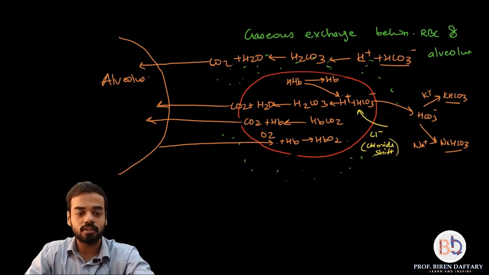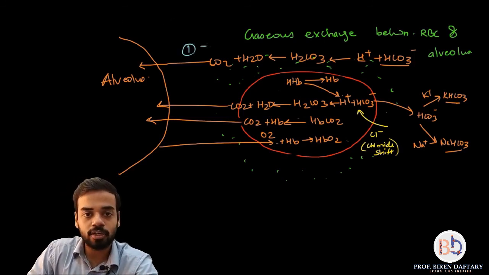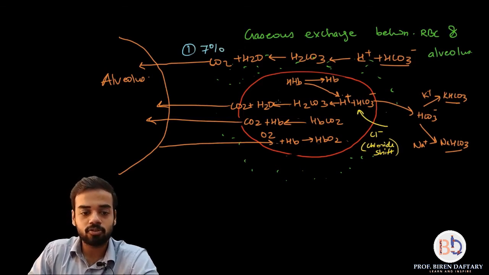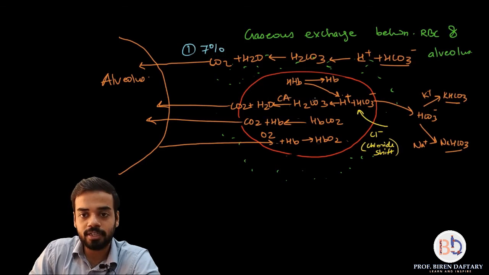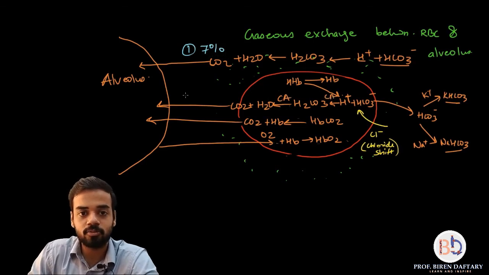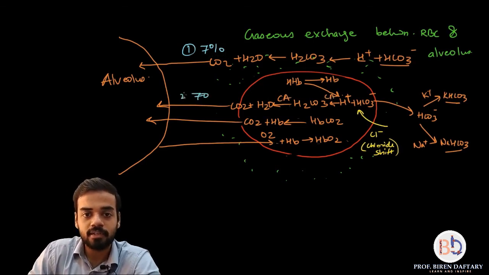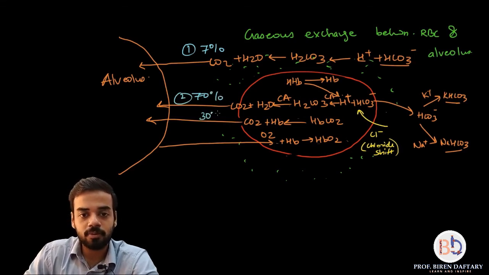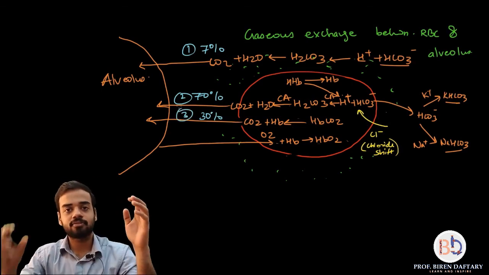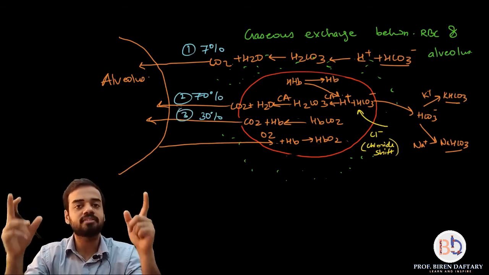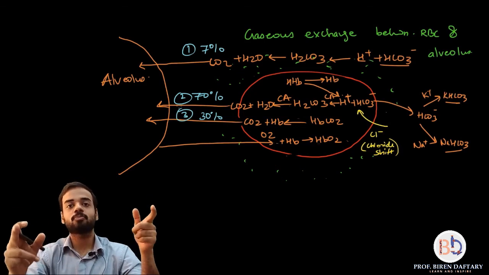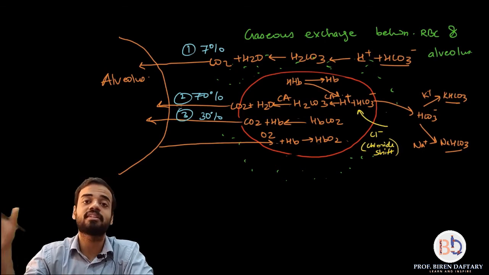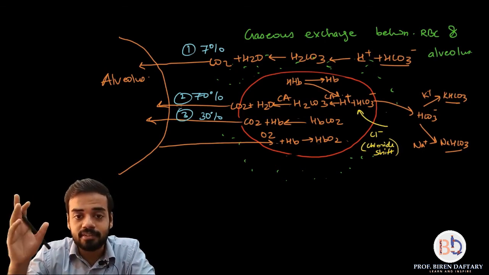This is the first one through plasma, which is occurring only 7%. Then the next is through bicarbonate ions. Over here I should be writing carbonic anhydrase, and this is approximately 70%, and this last one is 30%. So have I successfully transported CO2 into the lungs? Yes, I have. Have I transported oxyhemoglobin, oxygen successfully to the cells? Yes, I have. Is this clear?